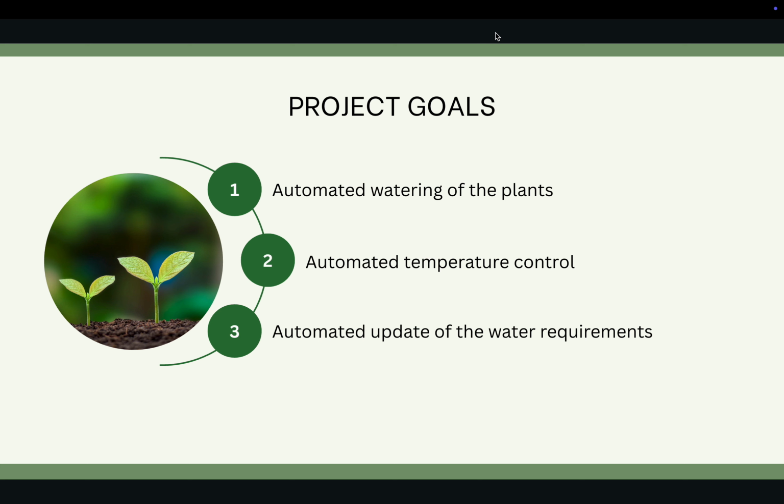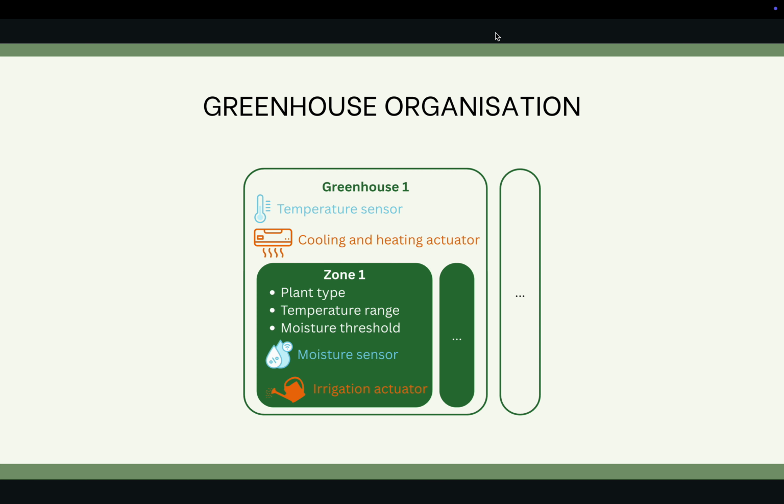Our project has three main goals: automatically watering each plant depending on its water requirements and its soil moisture, automatically controlling the temperature so that it is suitable for the plant, and automatically updating the water requirements of each plant depending on the temperature. Each greenhouse contains one temperature sensor and one cooling and heating actuator used for controlling the